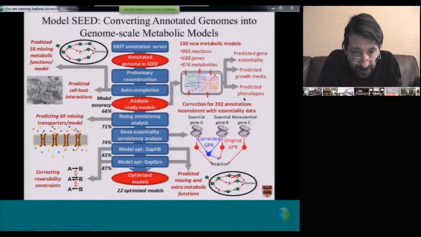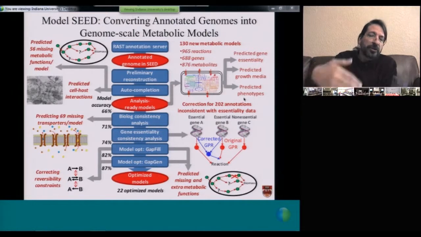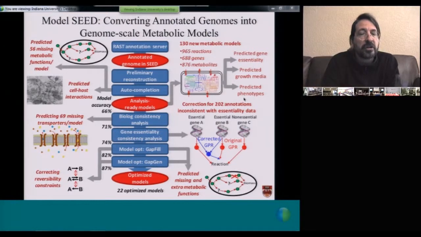I won't go through this, it's another pipeline kind of slide. I don't want to go through it in the interest of time. These slides are available. I think you can grab them. But this just indicates that at the beginning of this, at the top of this diagram, we have an automated annotation server that you upload your genome to, and then we process through a series of steps, annotating that genome, building a metabolic reconstruction, building an initial model, running some steps to correlate that model with known experimental data, additional data